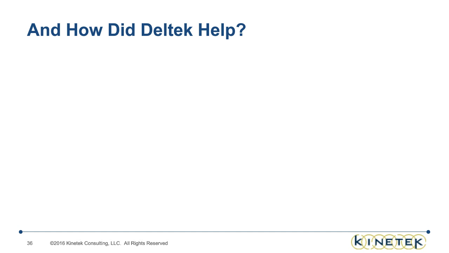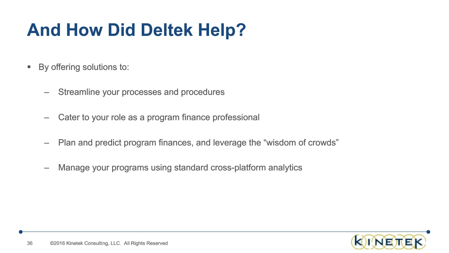So how can Deltek help? Well, number one, you can streamline your processes and procedures, as we saw earlier with Costpoint and Extensibility, in conjunction with the custom save procedures and DTE, time and expense, to help us better manage our labor costs. So that helps us get to close faster, bill faster. We saw that by changing our action rights and the adjustments to open billing detail, that unlocked a screen that we might not otherwise be able to access due to SOX and corporate governance compliance reasons. And we've taken out the middleman of, hey, I need to put transactions on hold or take them off hold.